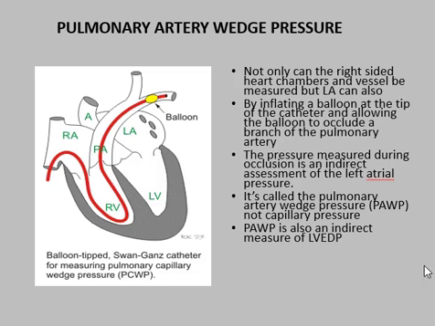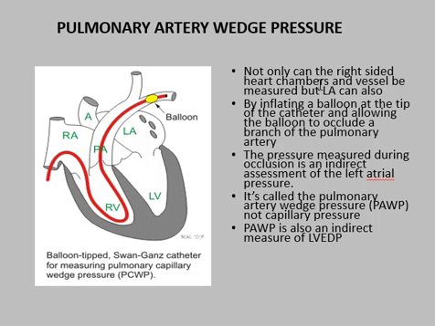And finally, we come to the last slide, and this shows very nicely how we obtain that wedge pressure once again. The red line is the Swan-Ganz balloon coursing through the natural anatomical course of the right heart system, locating in the distal reaches of the pulmonary artery as far as it can go to match the diameter of the balloon, where it wedges snugly. Now, with a Swan-Ganz catheter,